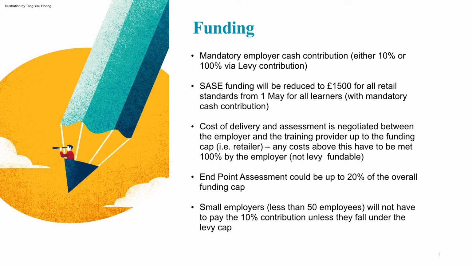As I said earlier, small employers that have less than 50 employees will not have to pay the 10% contribution if they take on a 16 to 18-year-old apprentice, unless of course their 50 employees are paid such fantastic salaries that they fall under the levy cap. The levy cap outranks any contribution requirements. So if they do have a pay bill of more than £3 million a year, then yes, they will have to pay a levy, and then they won't necessarily get the 10% contribution paid for. They will be paying for their apprenticeships out of their levy pot.